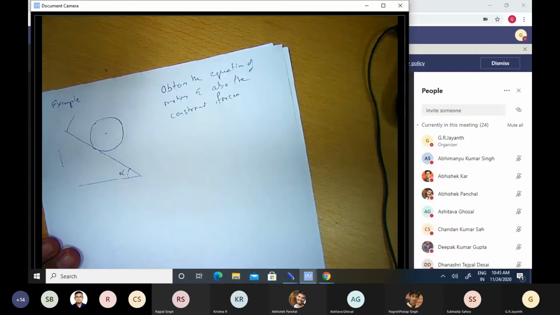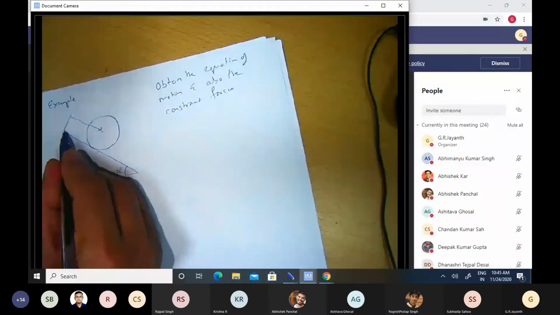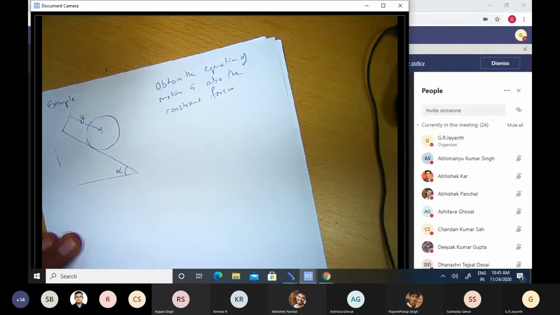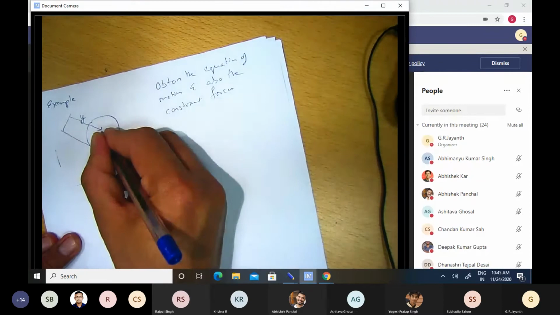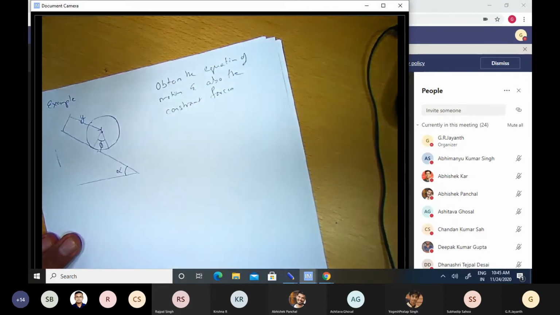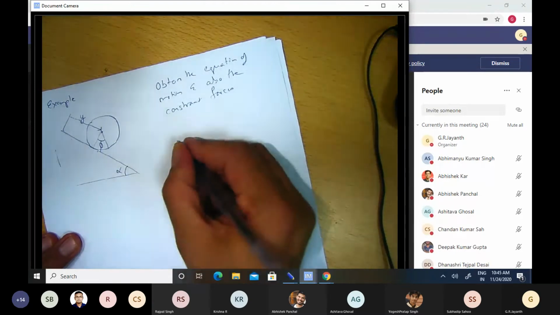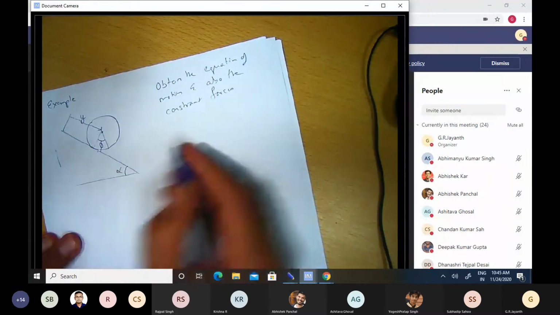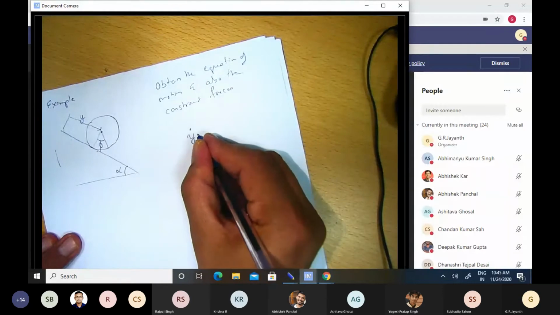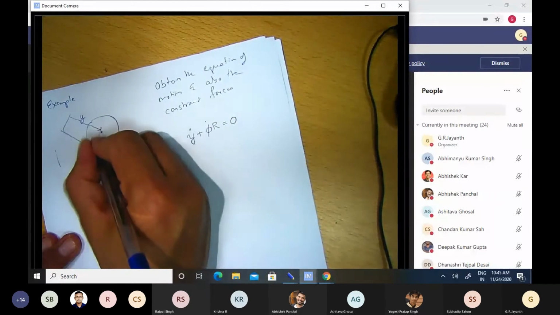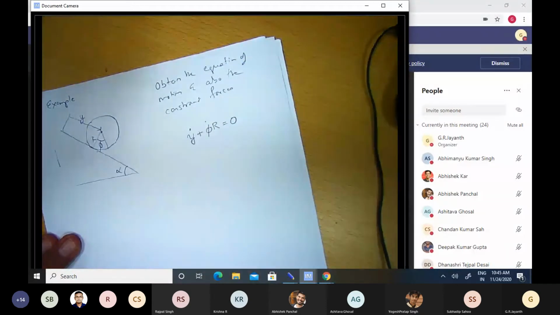So let me pick the distance along this inclined plane, starting from some arbitrarily chosen origin, to be one generalized coordinate, and let me indicate the angle by which this disk has rotated as the other generalized coordinate. Since the point of contact of this disk with the inclined plane has to be at rest if it is rolling without slipping, we need to have y dot plus r phi dot equal to 0, where phi dot is the angular velocity of the disk. Any questions about this?